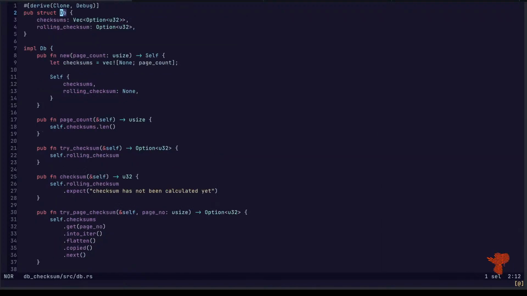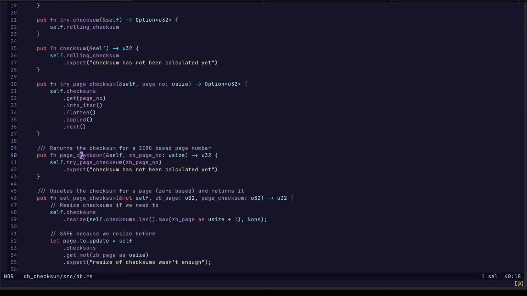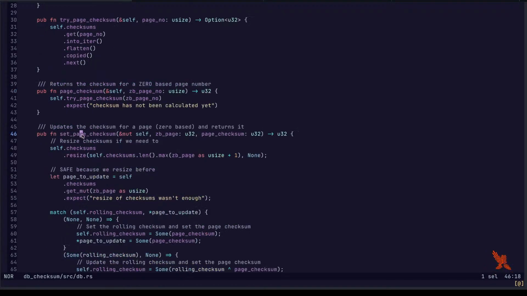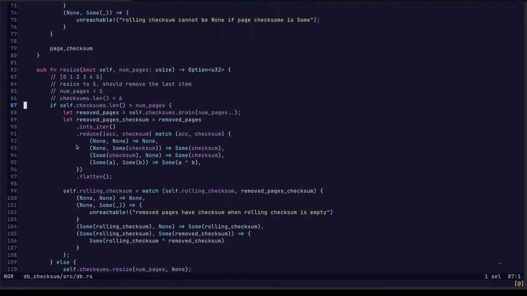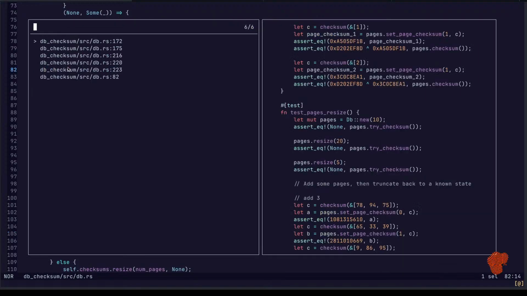So that's the value. Checksums, page count. So we can get the current page checksum. We can set a page checksum. And resize. No, we don't need to resize. Where does that get called from?